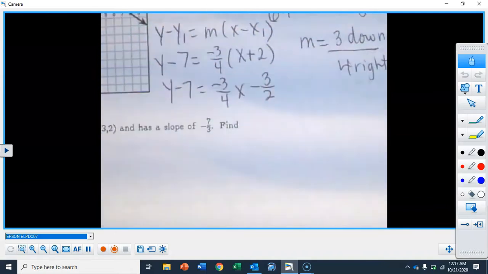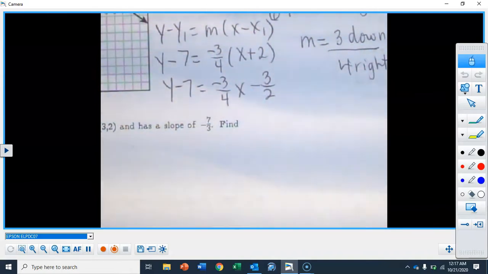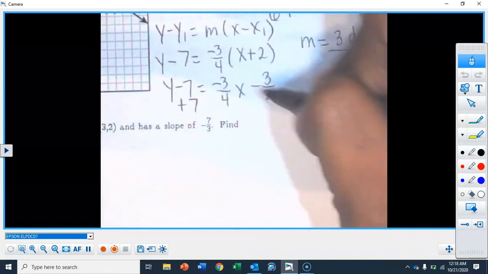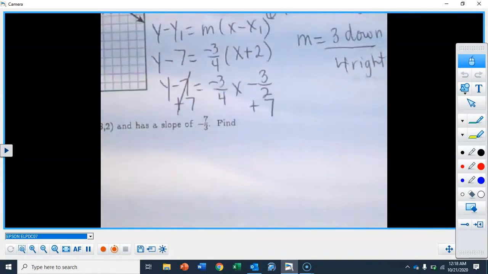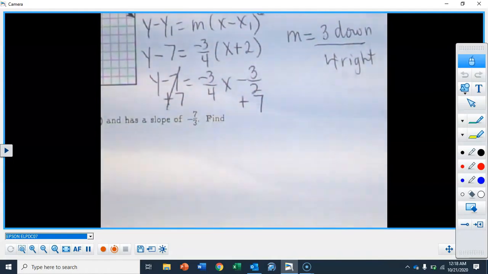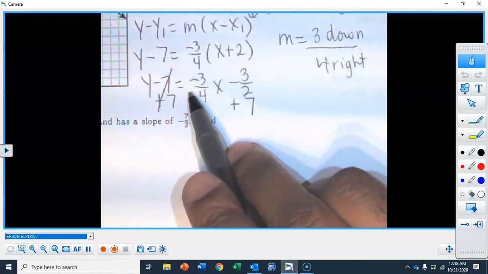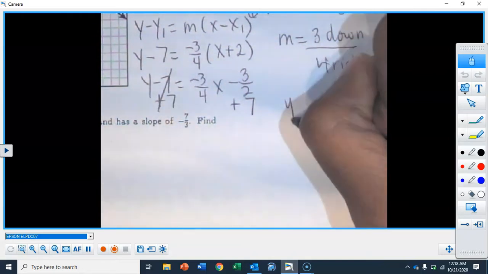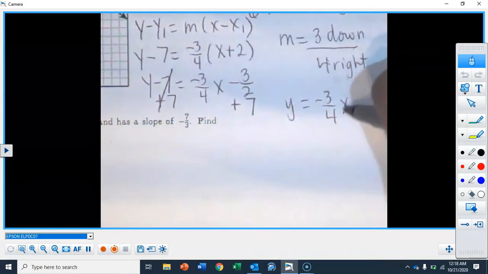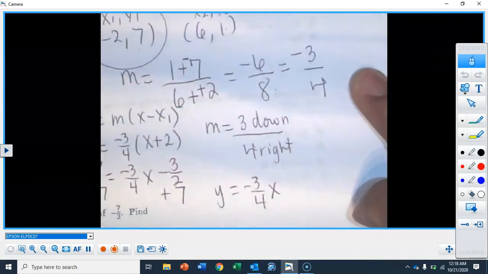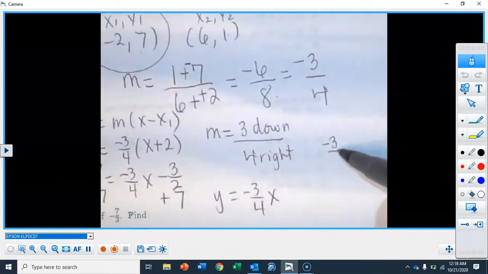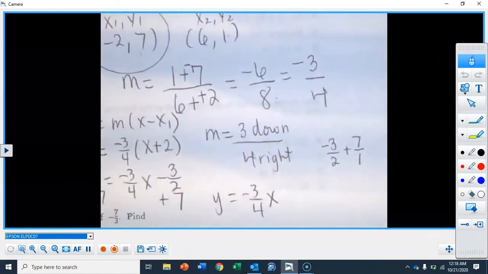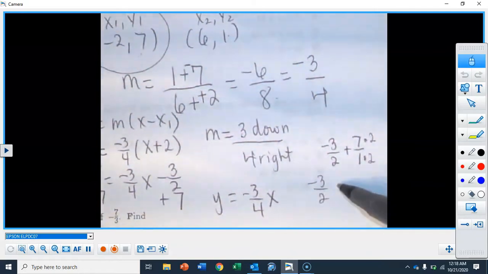And then if they wanted this in slope-intercept, then we would just add 7, and then under this one, add 7. Running out of room. But let's do my scratch work. So far, here's what I have. I have y equals, and then here's my mx. y equals negative 3/4 x. And then here's my scratch work. Ready? So if I had negative 3 over 2 plus 7 over 1, I wanted 2 in the denominator, so times 2 to the bottom, times 2 to the top. So this will become negative 3 over 2 plus, this is 14 over 2.